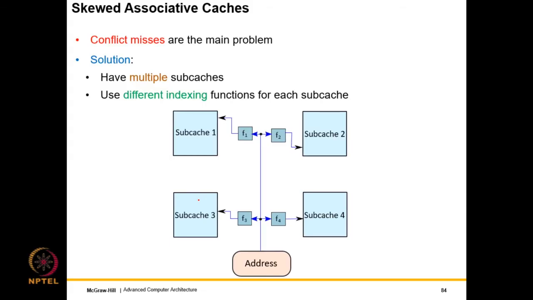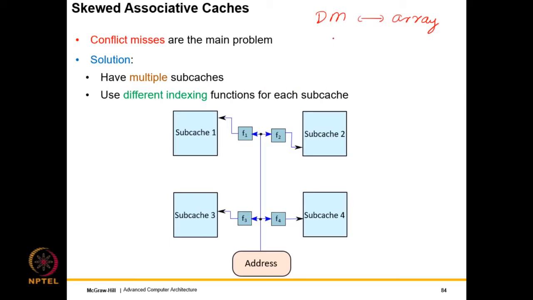Now let's come to the third idea. The third idea is a new kind of cache design, which again comes from a simple data structure concept. After all, what is a cache? A direct mapped cache is like an array, so its data structure analog will be an array. Consider a direct mapped cache. The analog will be an array where we know the exact index, we go there, and we see whether the value is there or not. If it is there, we access it, else we declare a miss.